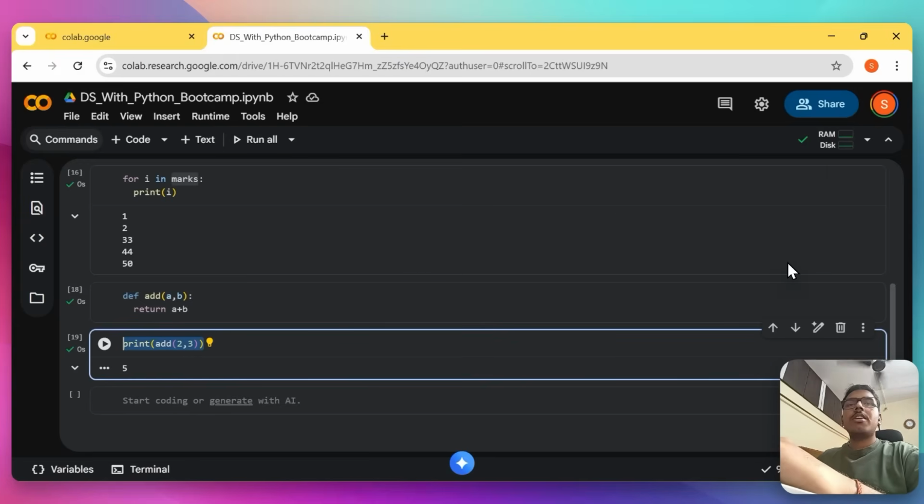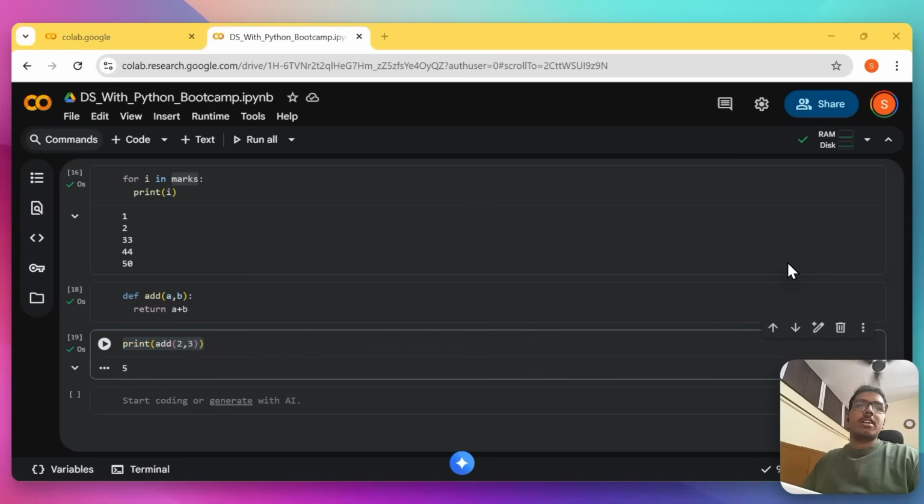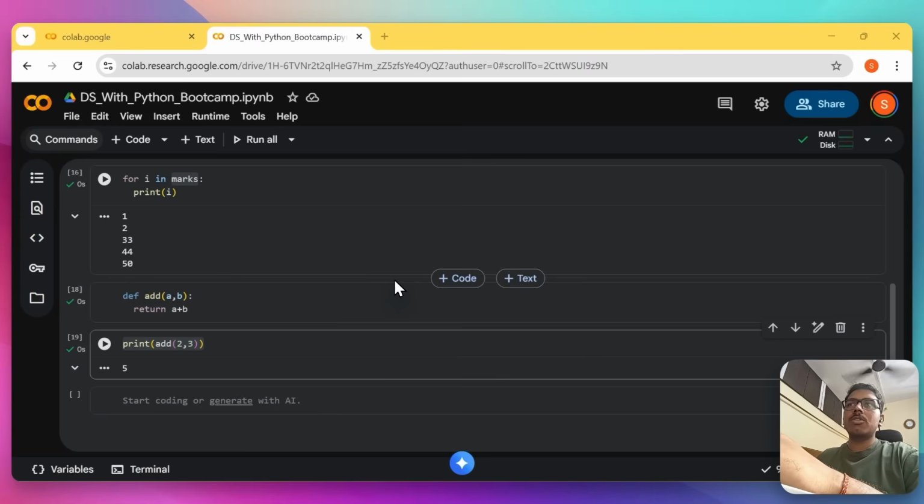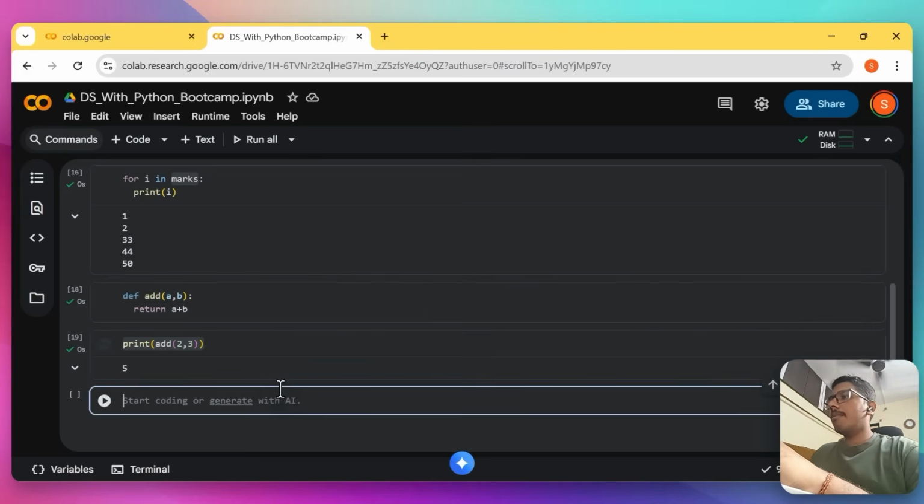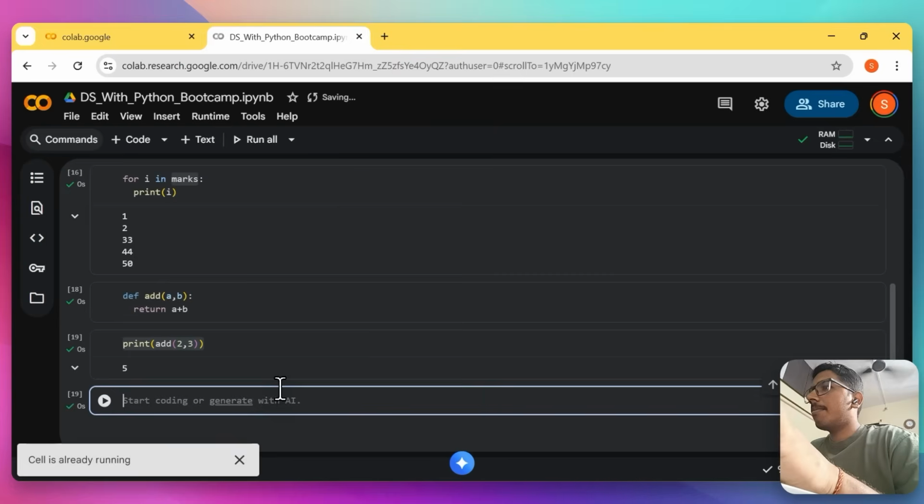Now we have covered all of our Python fundamental topics, like list, tuple, dictionary, functions, even loops. There are also if statements that you can use, but this is the basics for data science. You will need to understand all of this, because it's going to be used in pandas. And next, when I say pandas, I will just